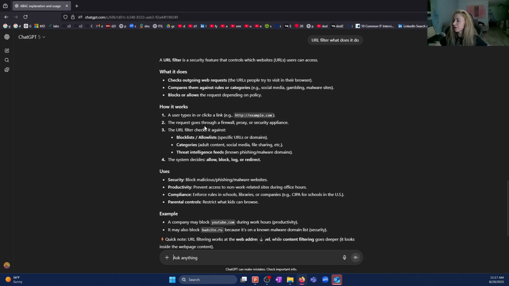The request goes through a firewall, proxy, or security appliance. The URL filter checks it against a blacklist, allow list, specific URLs or domains, categories: adult content, social media, file sharing.